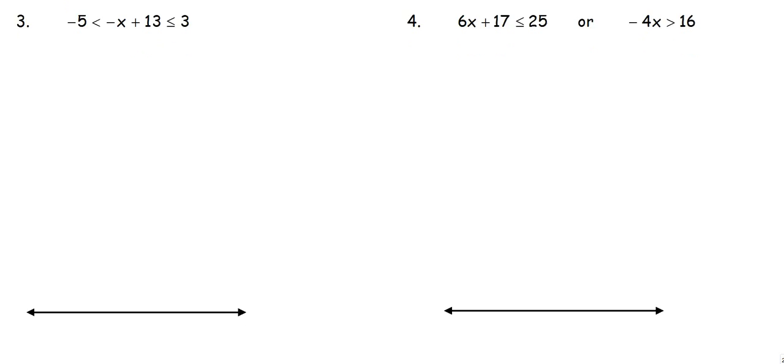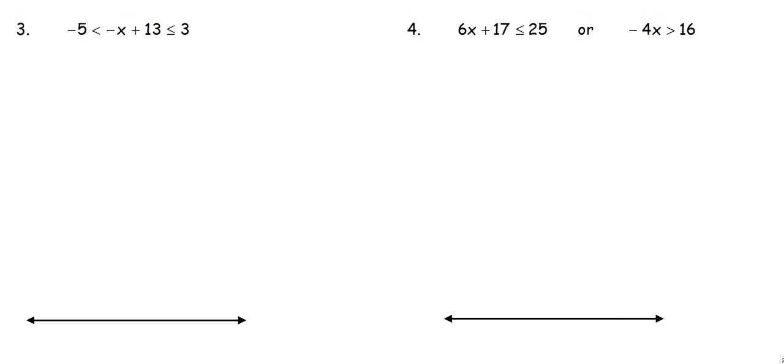Here come our last two problems. Number 3, we have a range graph again. You're going to see this one's going to be a little bit different. So we work on isolating our x. So we move that 13 over. Negative 18 is less than a negative x, which is less than or equal to a negative 10. Now we want a positive x, so we have to divide everything by a negative 1,